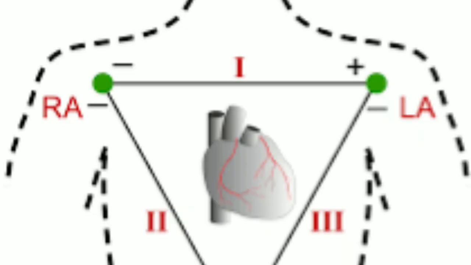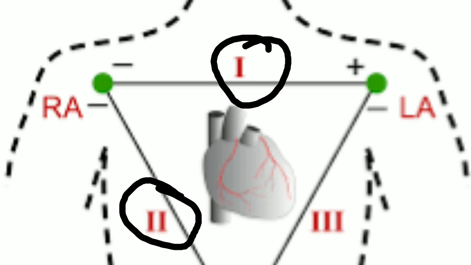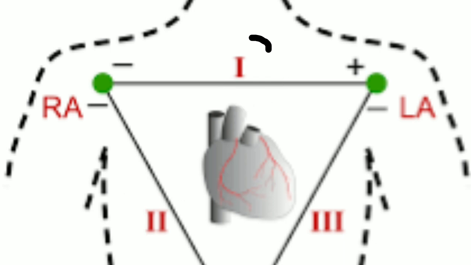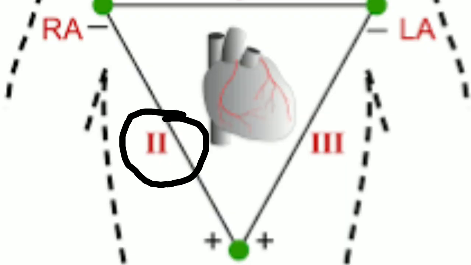If we want to know about the cardiac axis, we basically need 2 leads: lead 1 and lead 2. Lead 1 is located between the right arm with its negative pole and the left shoulder with its positive pole, because these two are the dipolar leads which look at the heart in the frontal plane. So remember these 2 leads whenever you are to find out the cardiac axis.